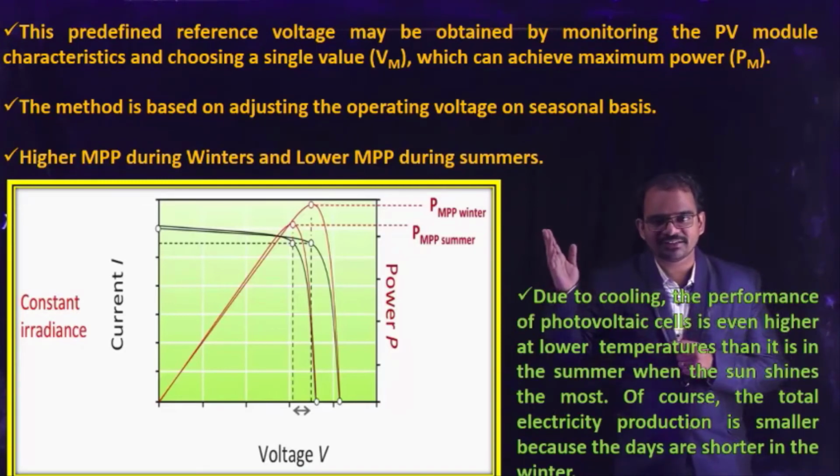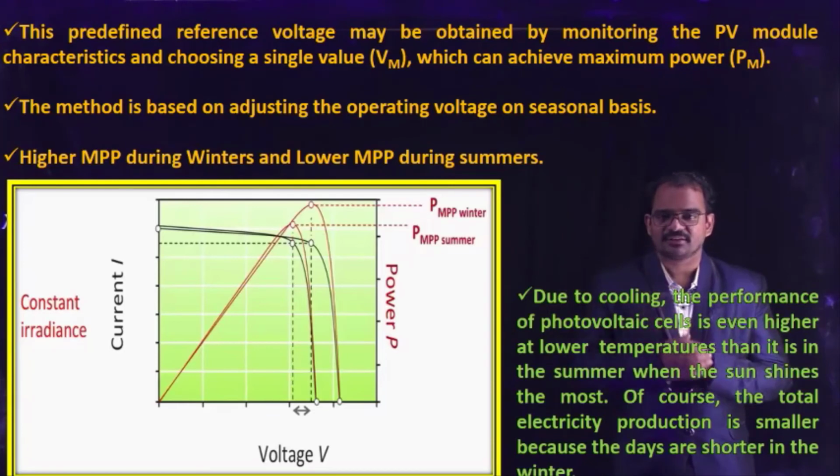Here in the curves, we can clearly see that the maximum operating point in winter is always greater than the maximum operating point in summer. Why? During the winter, because of the reduced temperature, the output of a PV panel will be high because of the cooling effect. Natural cooling in winter improves the efficiency of a PV panel, and thereby you get more power output than in summer, because in summer, due to hot weather, the panel heats up very quickly, and this leads to a decrease in the power output.